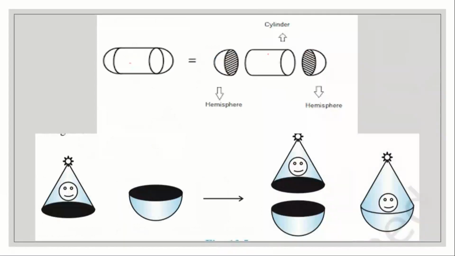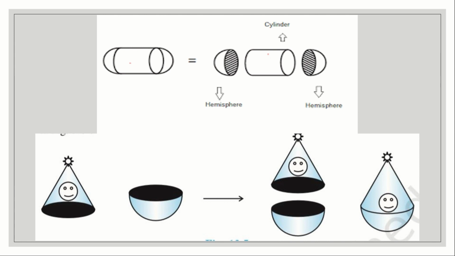Surface areas of combination of solids. Consider the container as shown in figure 1. How do we find the surface area of such a solid? Whenever we come across a new problem, we can break it down into smaller problems. We can see that this solid is made up of one cylinder and two hemispheres which are attached to either end. If we consider the surface of the newly formed object, we would be able to see only the curved surfaces of the two hemispheres and the curved surface of the cylinder.